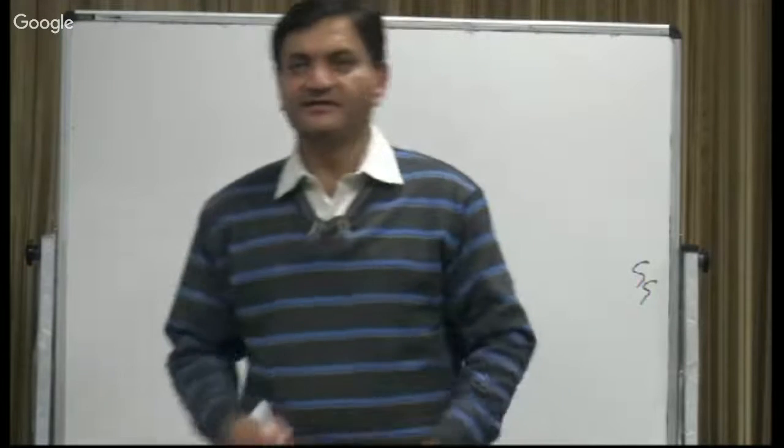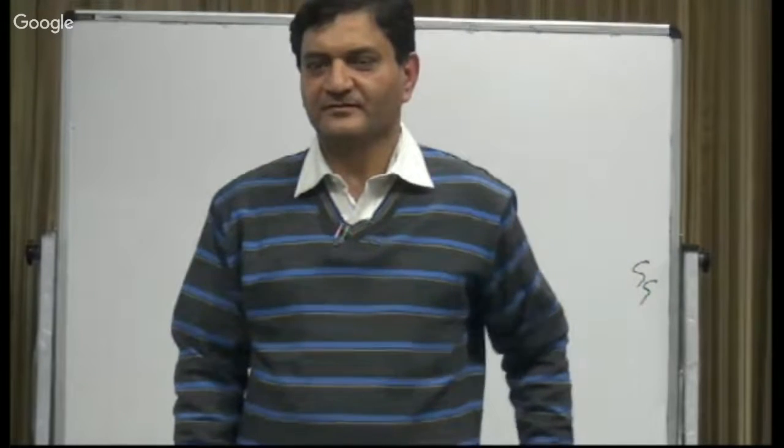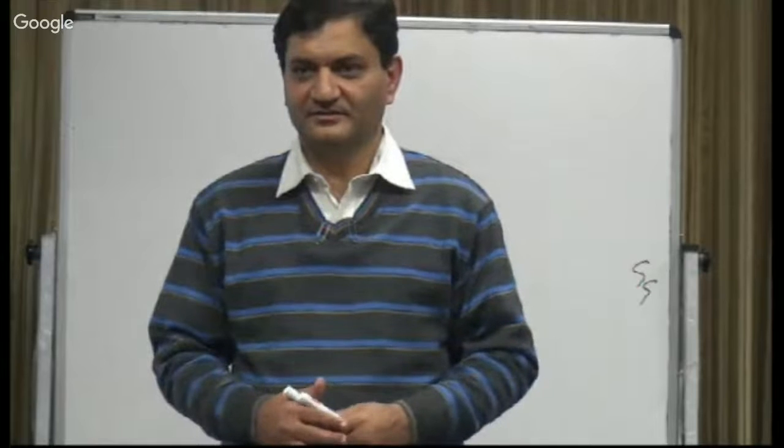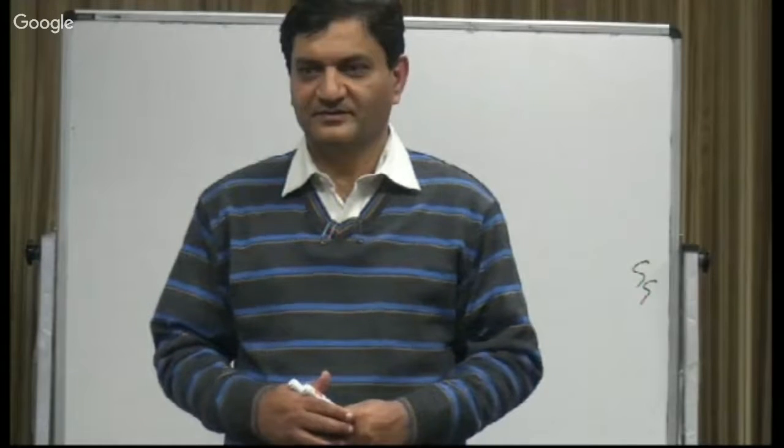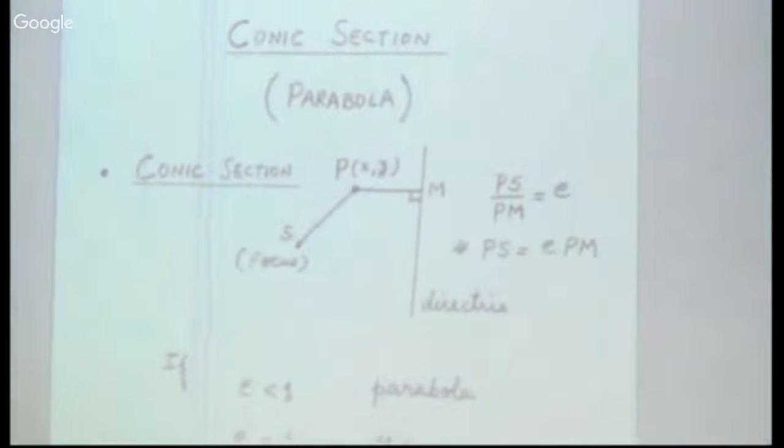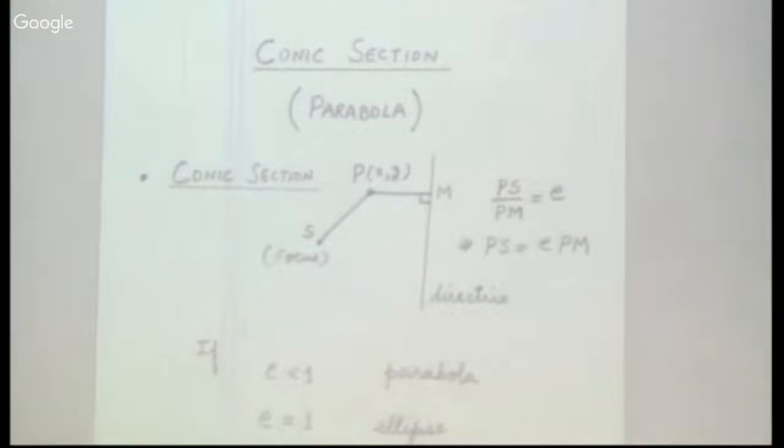Now, what is a conic section? Conic sections are curves which are obtained on the cone when it is intersected by a plane, right? So, see, if this is a plane, right? Now, we first draw